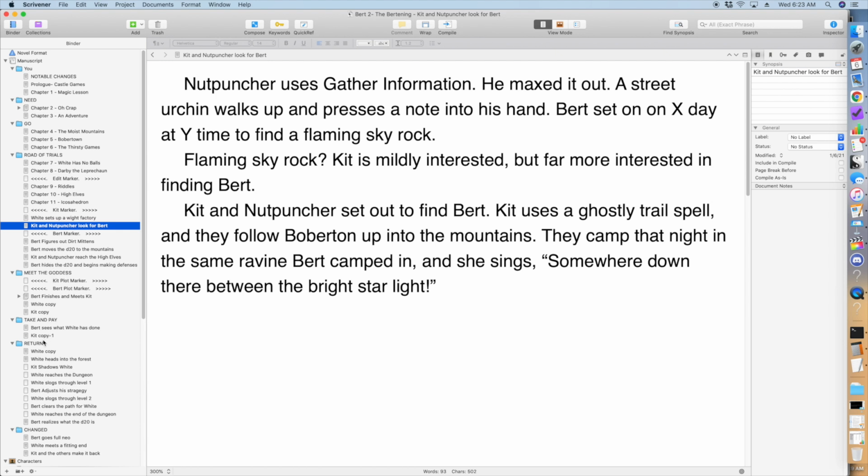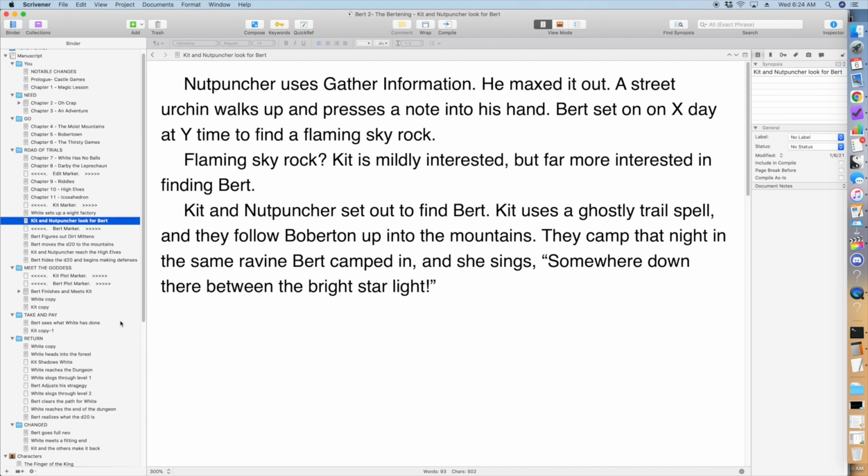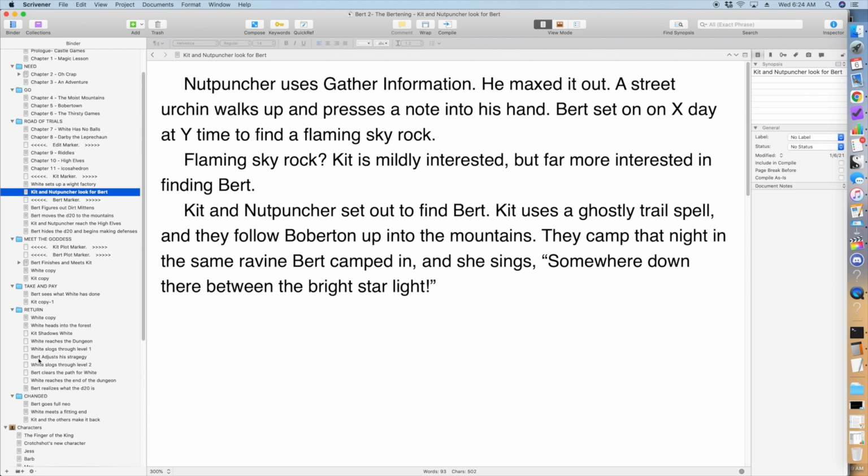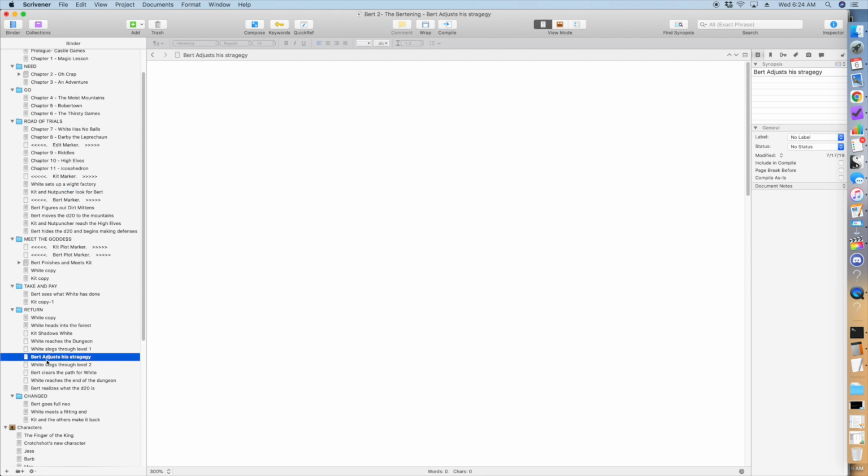And I also, of course, had to figure out what White's motives are going to be. What is he going to be doing? Because he's the villain. And so as the antagonist, White will need his own perspective going forward. He'll have to show what he's doing. He'll have to be doing nefarious, funny things that Bert can eventually foil. And I've got to do more plotting today. Anywhere that you see a White document, we just hear randomly Bert adjust his strategy. If there's nothing here, I need to put at least some placeholder.